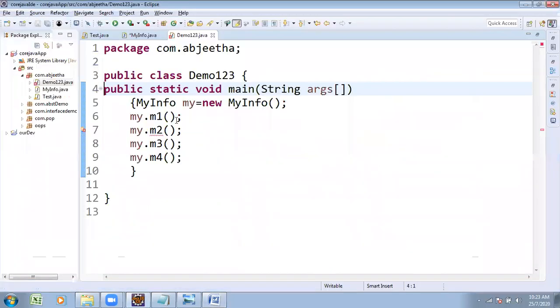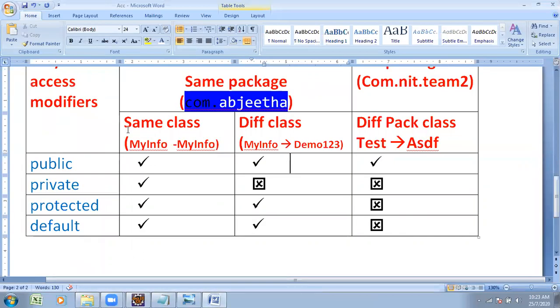Try to observe which is supported and which is not. Public can be accessed. Which is not accessible? Private is not accessible. When he declared private, accessibility is within his class only. Private has very few access privileges, accessible only within the same class.